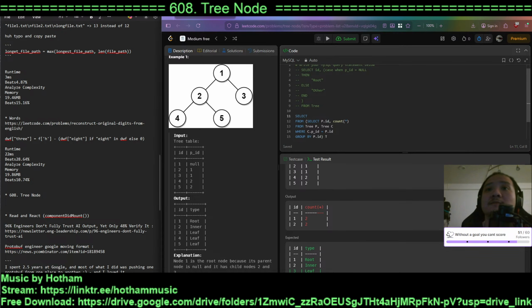Right, we want to select ID, the type. We need to say case when ID we have to get from tree, and then also from this. And so first do case when